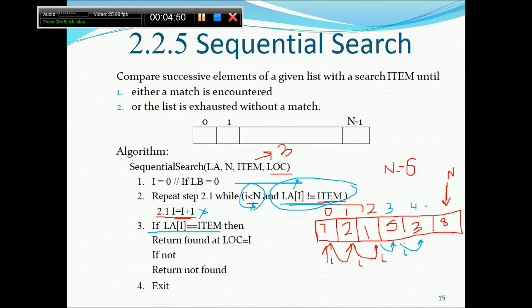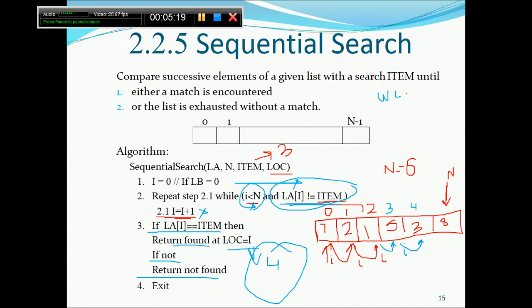Since we are lucky and have found the element, we'll compare again: LI of 4 is equal to 3. Yes, then it will return the location of I. The current I is 4, so location is equal to 4. This is the answer. If this is not the case, we will return not found, and this is the end of the sequential search. So there are two options. Now what could be the worst case?